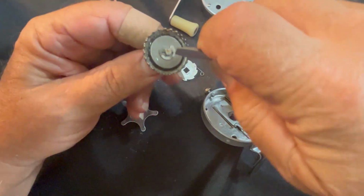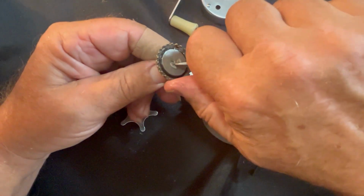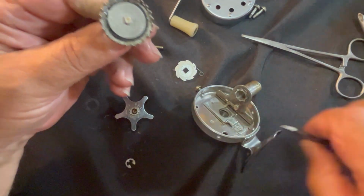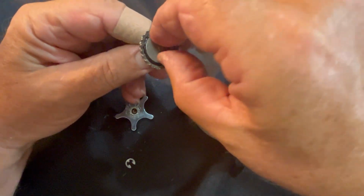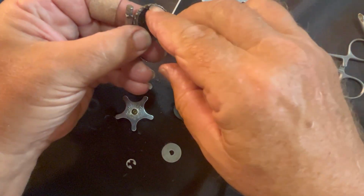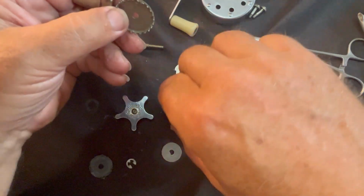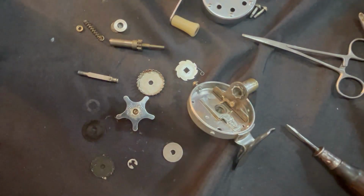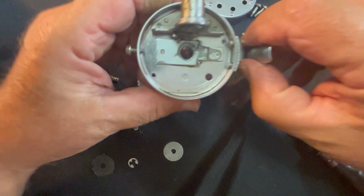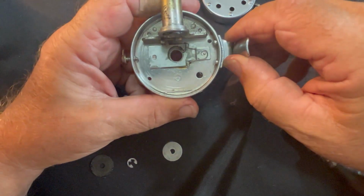This piece comes apart by popping this E-clip off of here. Now, with that done, the metal drag washer will come off. The phenolic drag washer will come off. And on the back side, this other drag washer comes off. And that's got all of that apart. So that completely disassembles the reel, and still I have no...